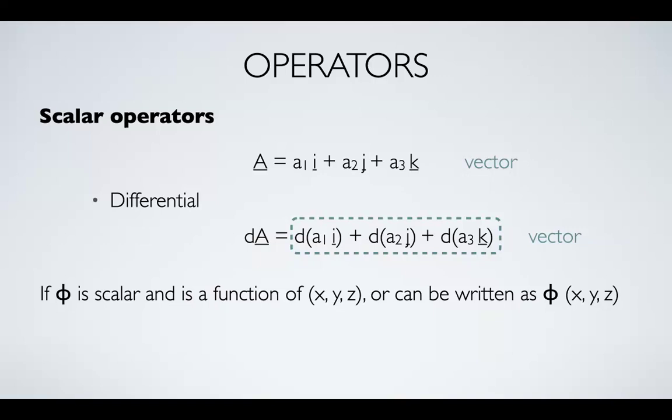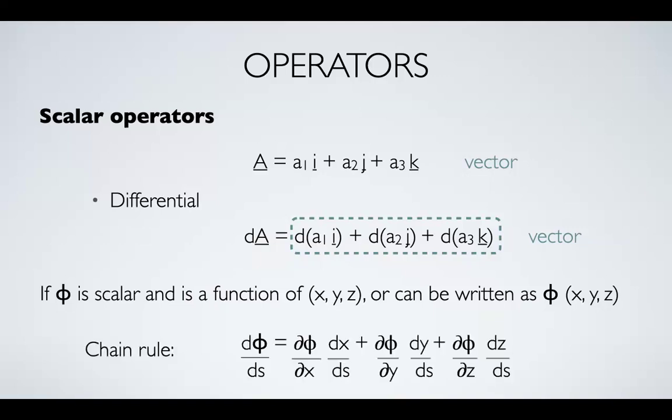All right. If I have phi, which is a scalar, and phi is a function of x, y, z. I can write it in this term, phi(x, y, z), a function of x, y, z. If you can recall from calculus in your undergraduate program, I'm not sure,